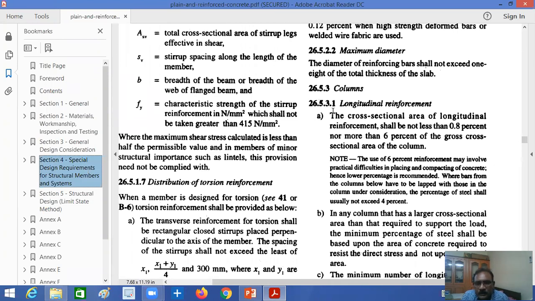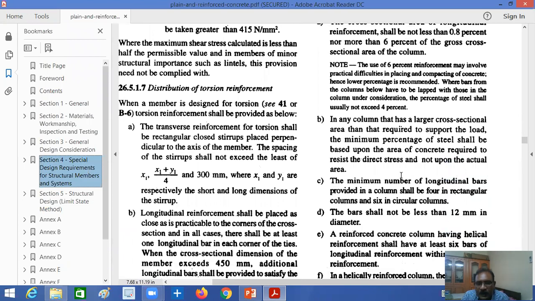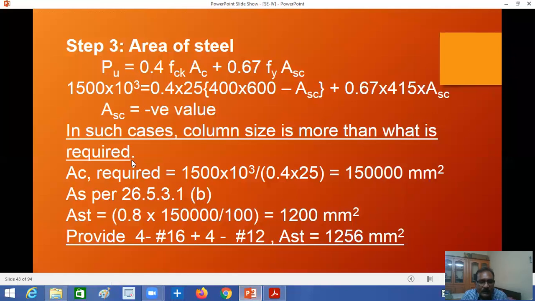Here 26.5.31 gives a minimum of 0.8% and a maximum of 4% and 6 or 8%. Here we have to provide a minimum of 4 bars. So in that case, the area of compression steel required is PU by 0.4